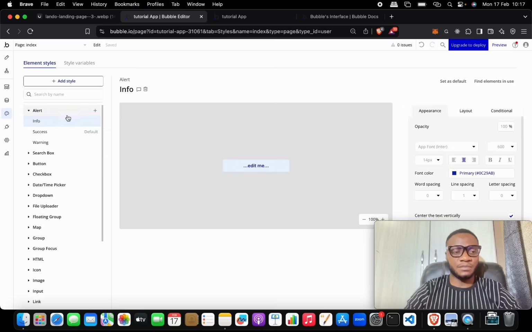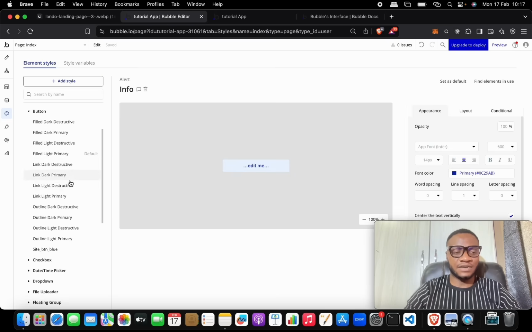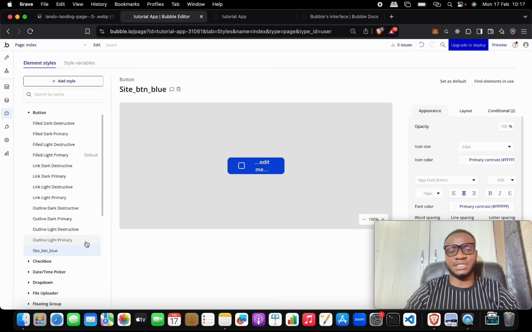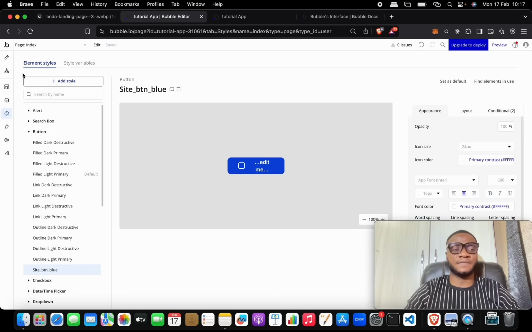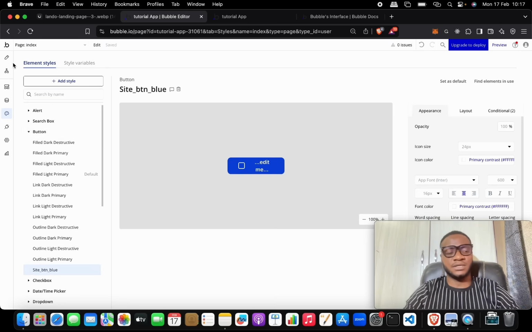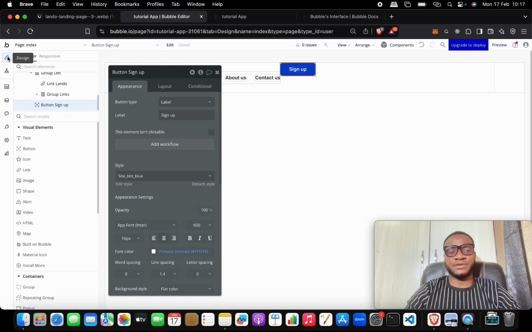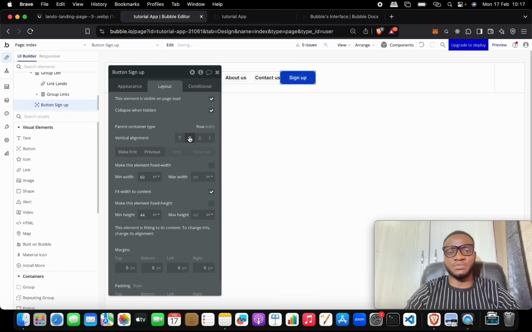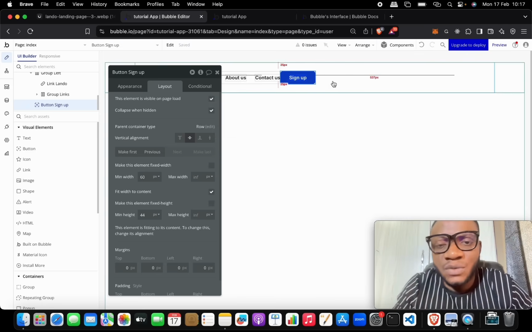Okay, so here is the buttons, and inside of the button, this is the site button that we have just added, alongside other buttons that are here. So you see how we can use the style components that we have here, or style tab rather. So now that we are done with this, the other thing we want to do is to make sure that this is in the middle, like this, and then we want to duplicate